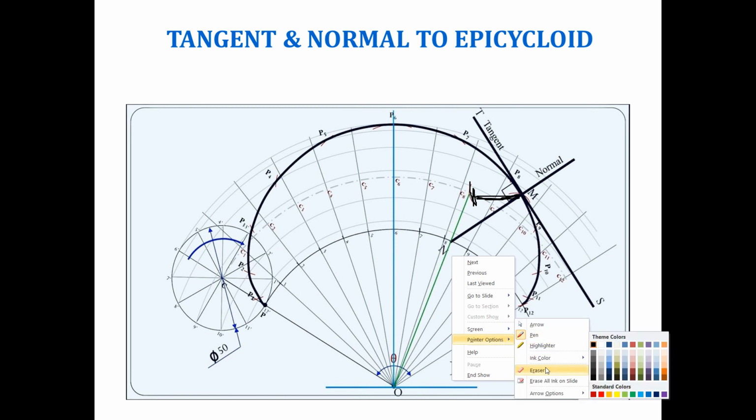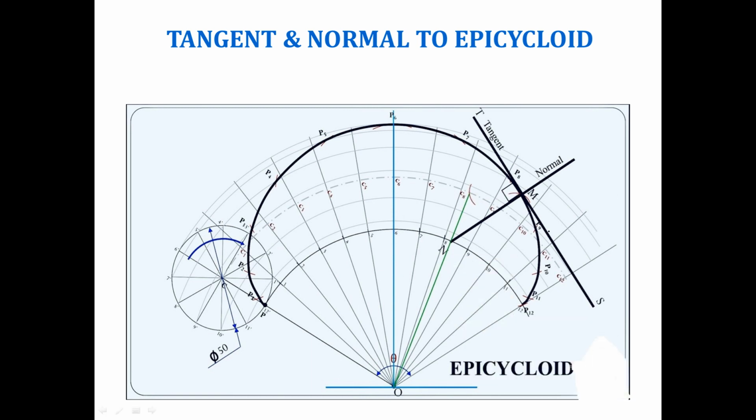Can you repeat that? Okay, again, I am repeating. I take any point on the periphery of the curve. Say that point is nothing but point M. Now you have to take your compass. The length of the compass will be the radius of the circle, which is nothing but CP. Take that much length in your compass. Keep one leg of your compass at point M, and cut an arc on the central line. Which central line? Your C, C1, C2, C3, C4.